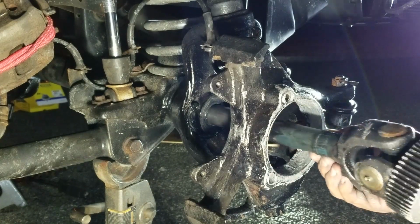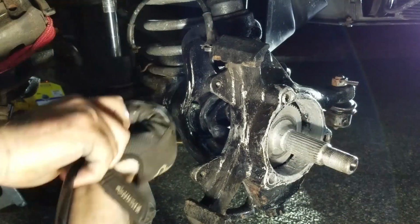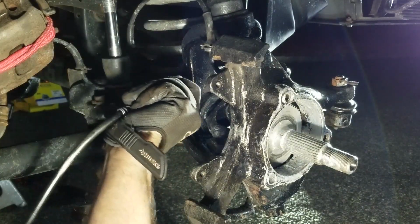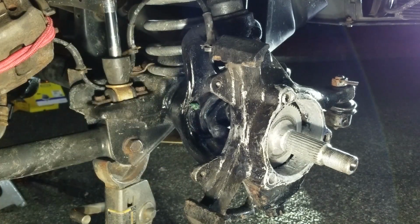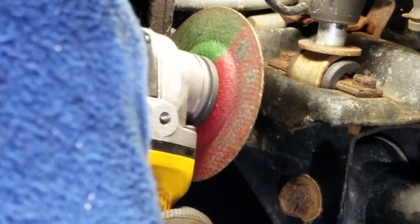So now that all that was taken care of, I tested the grease gun once again, and it fit beautifully. It clicked on nice and smooth, so I inserted the axle and topped it off with grease. Sweet. But of course I had to go back and check out the driver's side, and sure enough, this needed